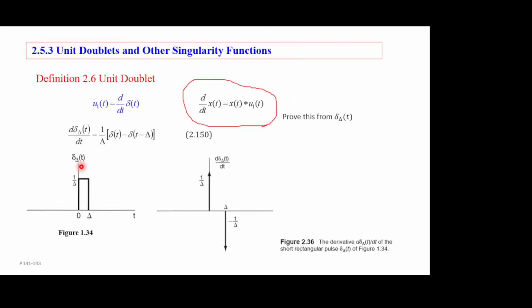We can also justify those from the limiting point of view. But as you see, it will be very singular. So we say u1 of t equals d dt of delta of t. Now we think about delta of t as a limit of our favorite delta triangle. Remember, the delta triangle looks like this: height 1 over delta, and width delta. Then you try to take the derivative of those things,